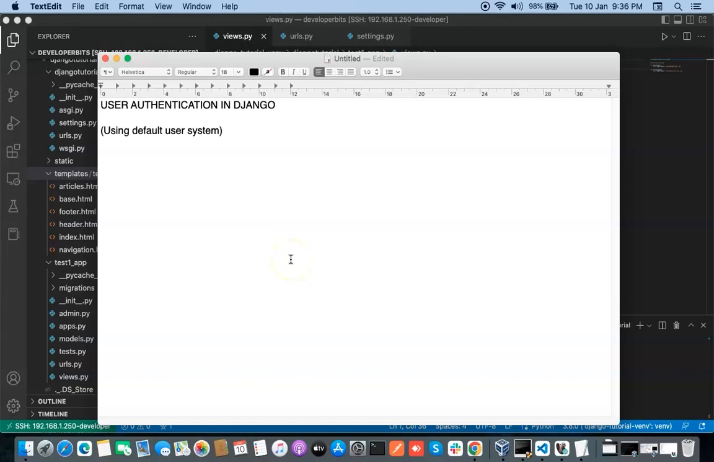Hello friends, today we shall discuss user authentication in Django. And by default, Django already has the system to authenticate and authorize the users. And presently,